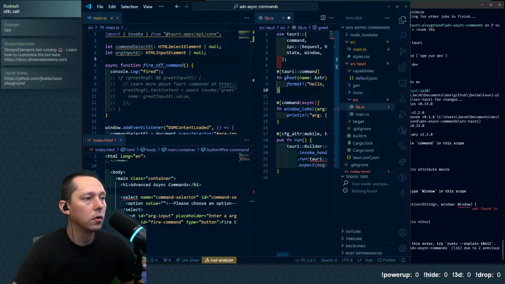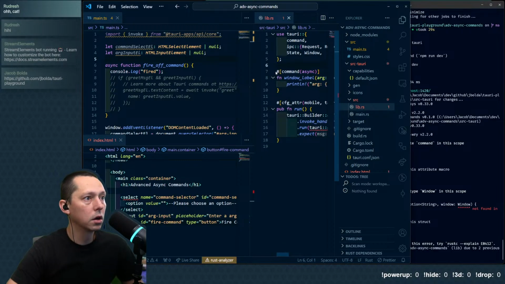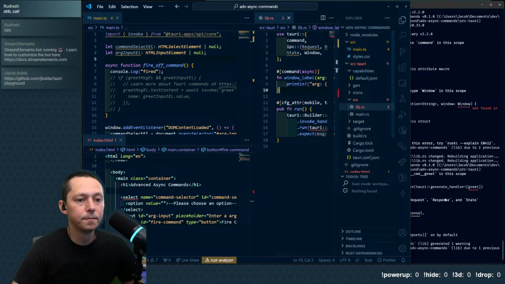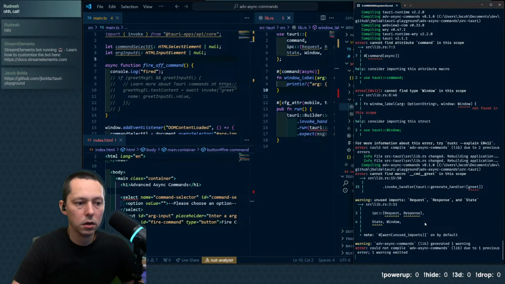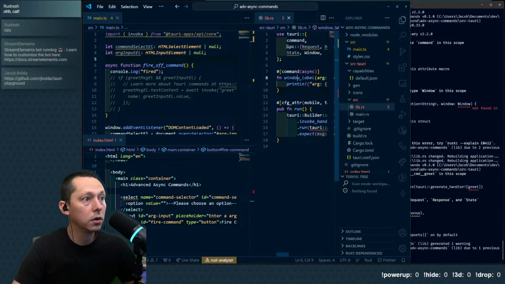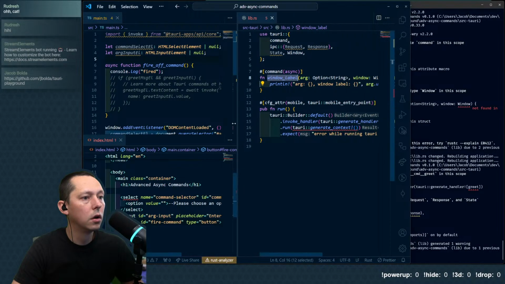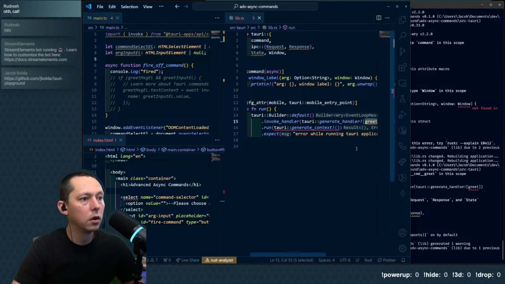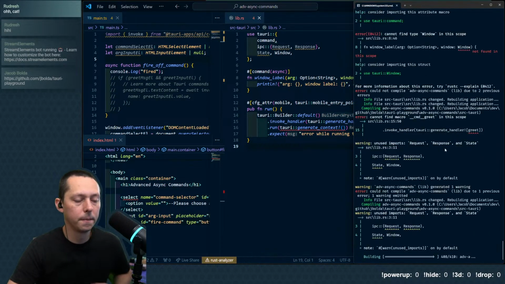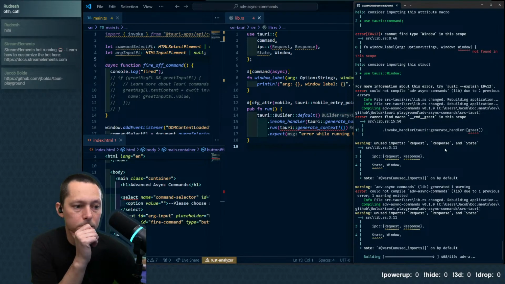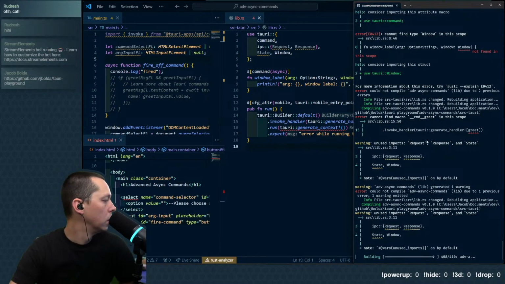There. And now on this end, it'll be whatever invoke we do. So we can get rid of this one, because in this case, we're going to invoke the window label. And we need to add it to the handler. Okay. Unused, that's fine. Okay. That should build.